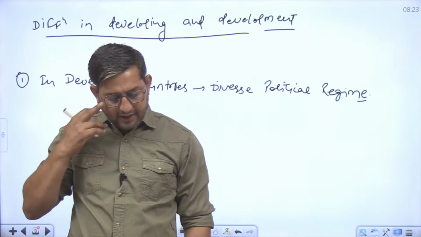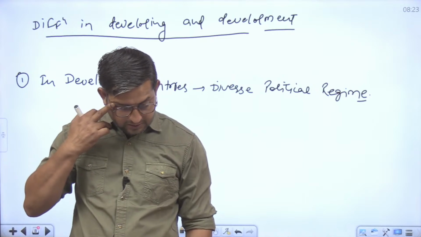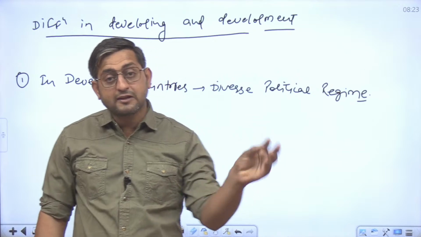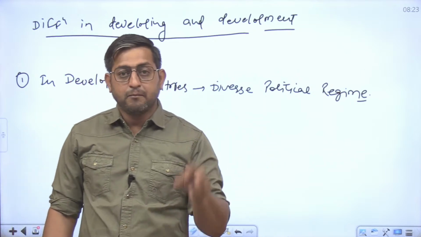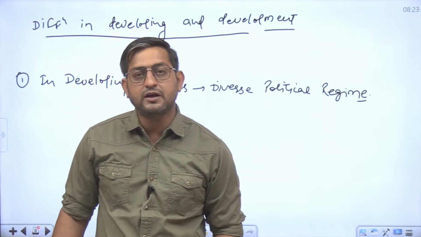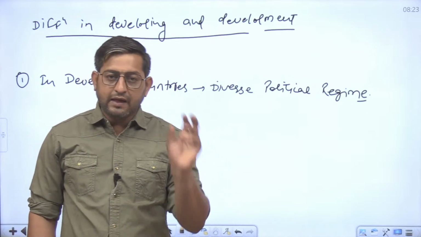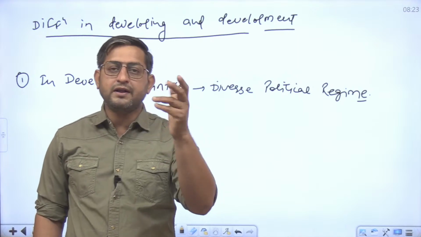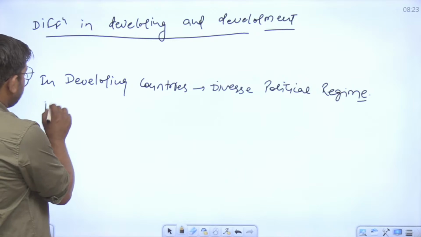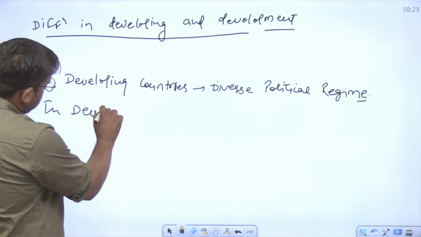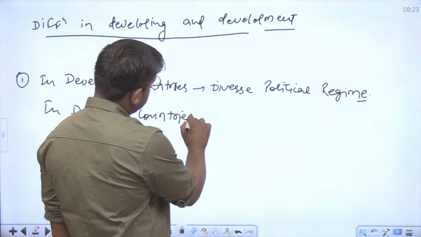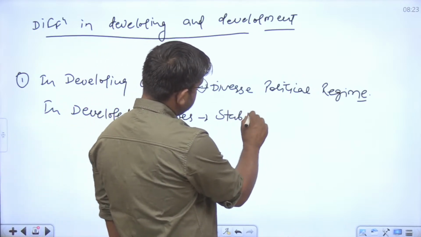तो यहां पर डाइवर्स होने के कारण होता क्या है, क्योंकि ये बहुत सारे एक्सपेरिमेंट्स कर रहे होते हैं डेवलपिंग कंट्रीज, बहुत सारे आइडियाज जो होते हैं उनको इंप्लीमेंट कर देखते हैं, कुछ आइडियाज को कैरी ऑन करते हैं, कुछ आइडियाज को ड्रॉप कर देते हैं। तो ये डाइवर्सिटी जो होती है उसके कारण कंट्री की पॉलिटिकल नेचर के अंदर स्टेबिलिटी नहीं आती है। जबकि जो डेवलप्ड कंट्रीज होती है, इन डेवलप्ड कंट्रीज में दैट इज वेरी स्टेबल रिजाइम,